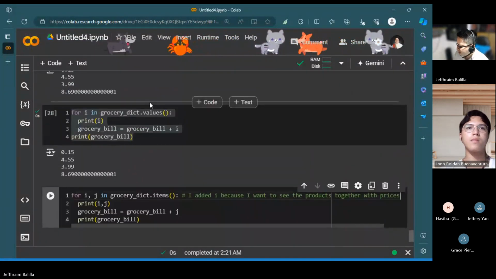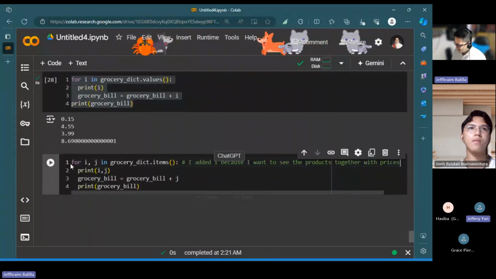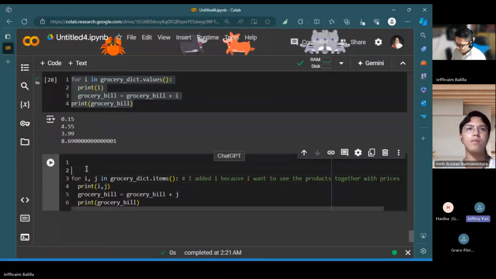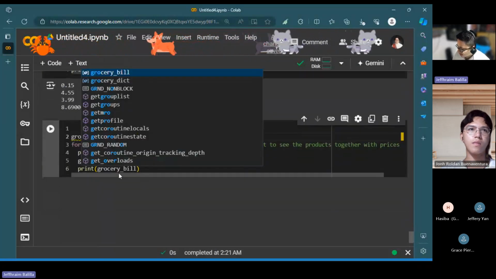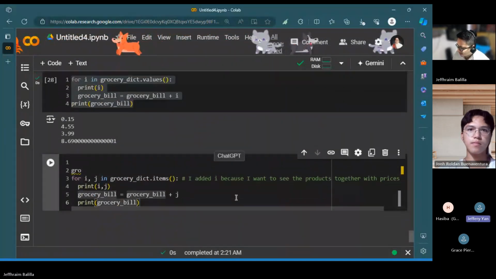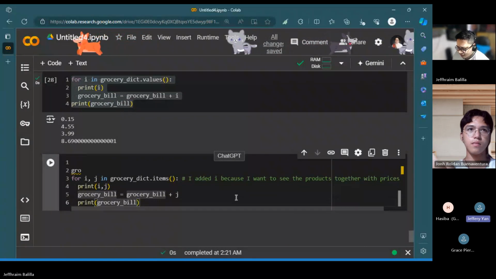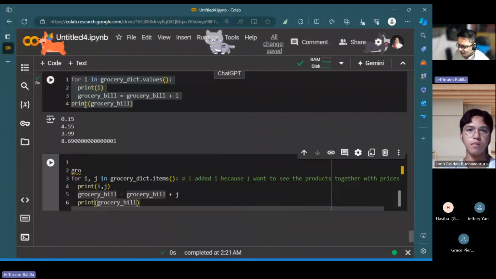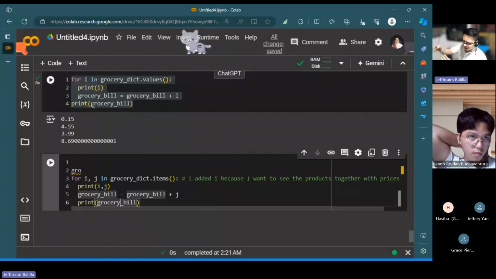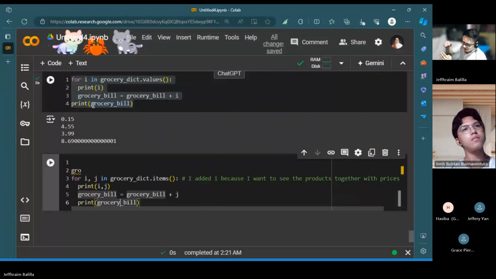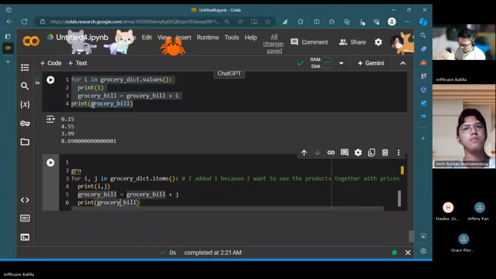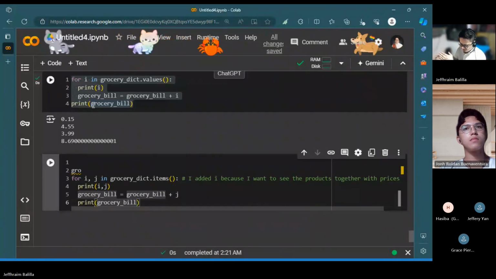And let's initialize things again. Earlier you didn't have that last print, right? You only had the top part. Yeah, that's only added now. I just put it inside the loop so that every iteration I would see the total. I would see the total for the first product, that would be 15 cents, and then plus the next one, then the next one.